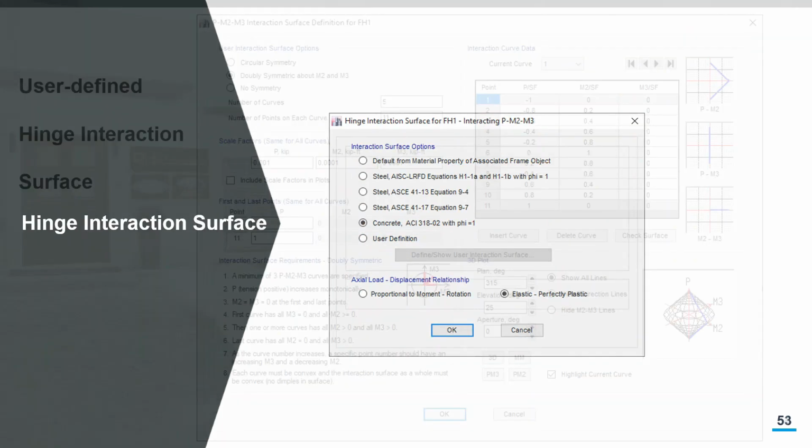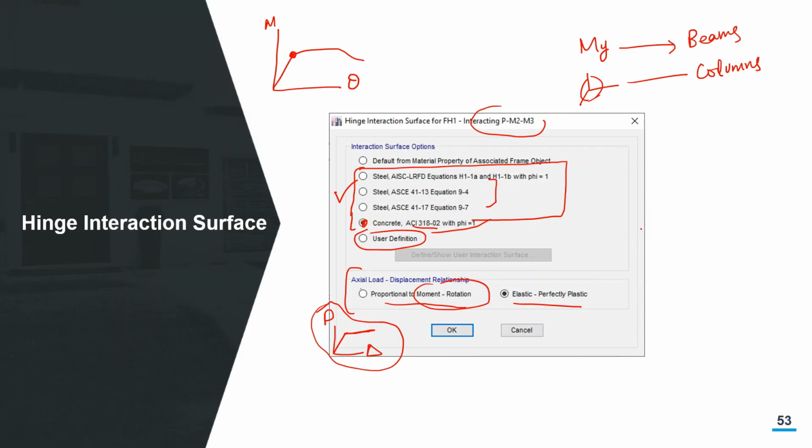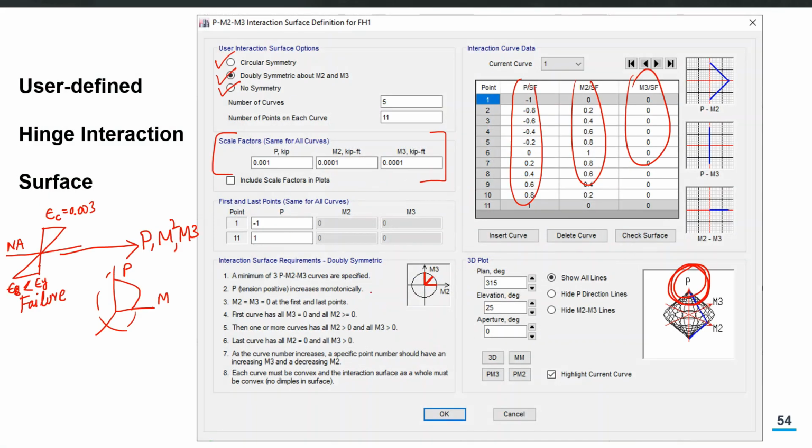For example, when you actually see the complete surface in the section designer, you will see that there will be several surfaces. If I take a cross section only in the P and, let's say, M3 direction, you will have one curve, which is part of the big surface, which will be with the ultimate material capacities.